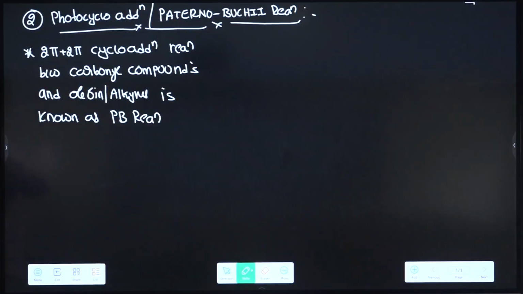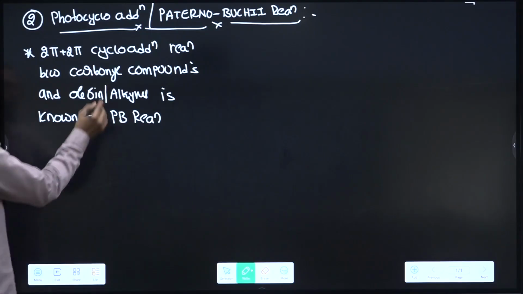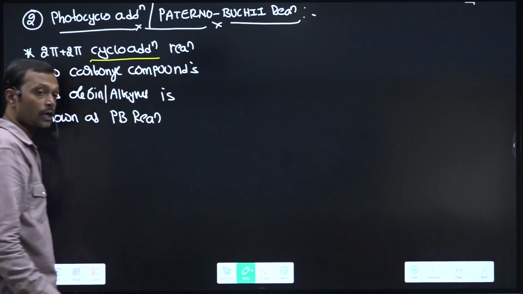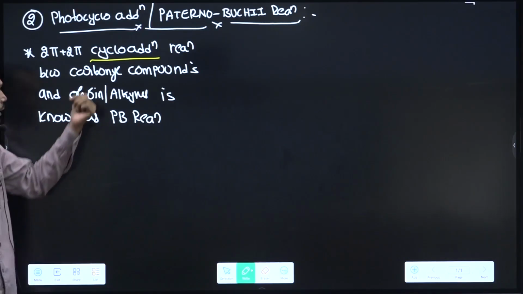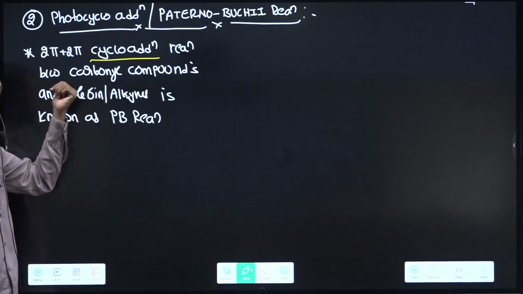They will ask this point: which among the following is a cycloaddition reaction? Paterno-Büchi is an example of 2pi 2pi cycloaddition. Paterno-Büchi is a pericyclic reaction. It is carried out under photochemical conditions. PB is photochemical, Diels-Alder is thermal. That's why if you learn photochemistry and pericyclic together, there is clarity: which is photochemically allowed, which is thermally allowed. It is a cycloaddition reaction established between carbonyl and